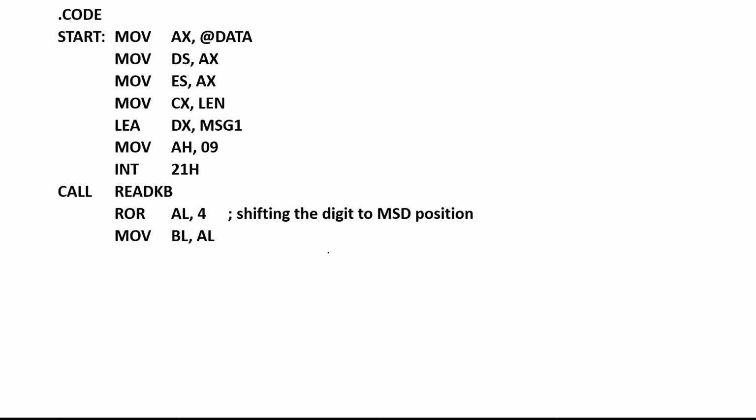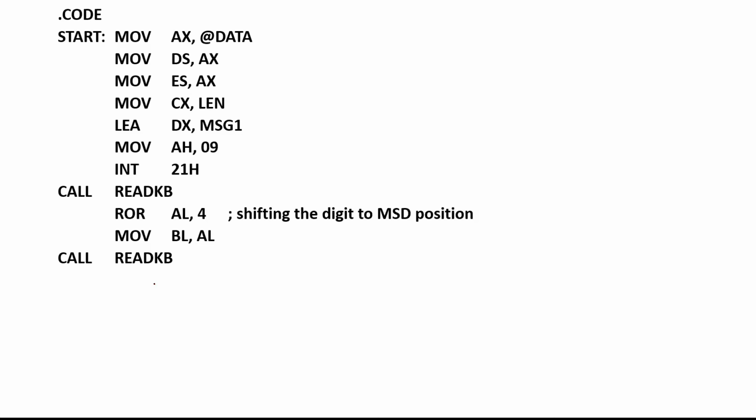In the second input also, whatever you are taking, you have to convert it into its hexadecimal value. Again, I now call readback, so I am going for taking the second digit. Now let us assume I want to enter 54. So 5 I entered first, 35 was stored. I converted 35 into 05. Then I rotated it and converted it into 50. So 50 is at present stored in BL. Now I am entering the second digit.